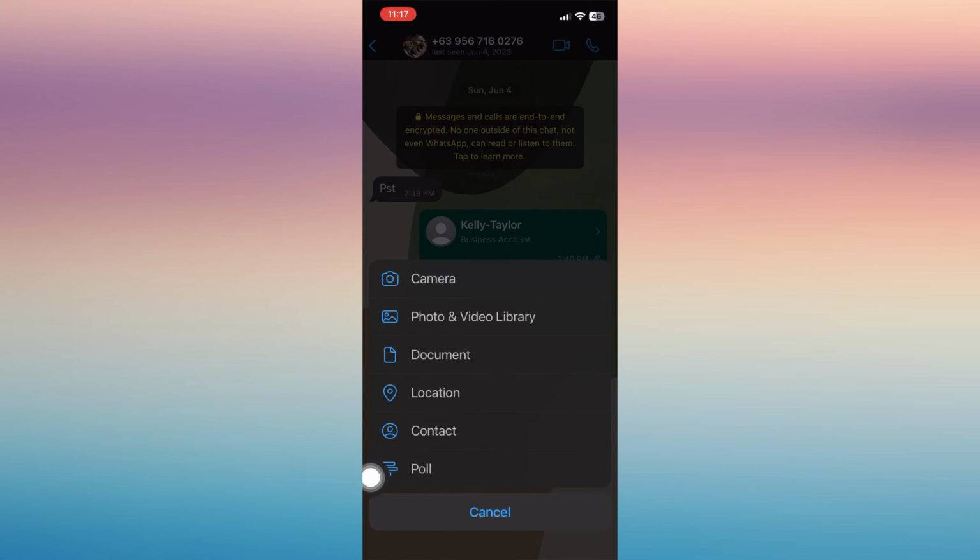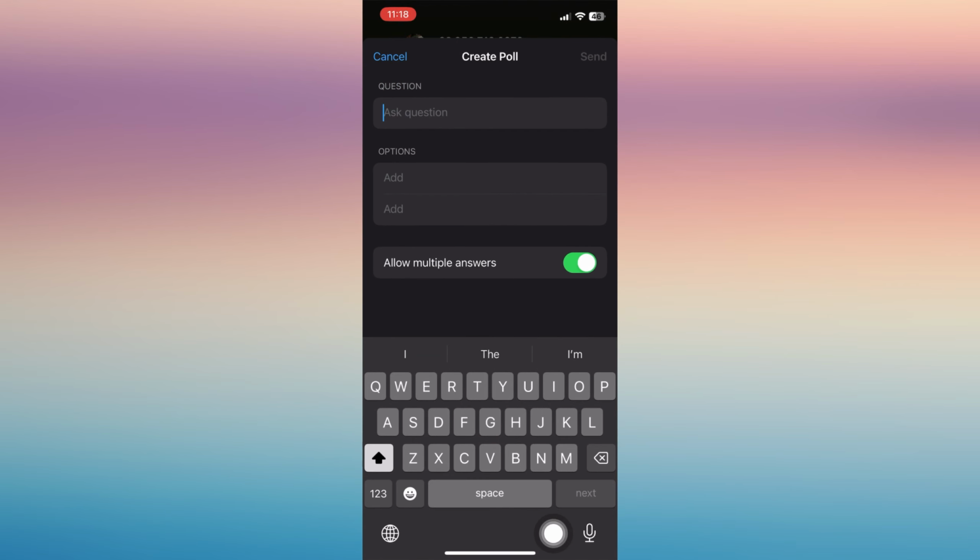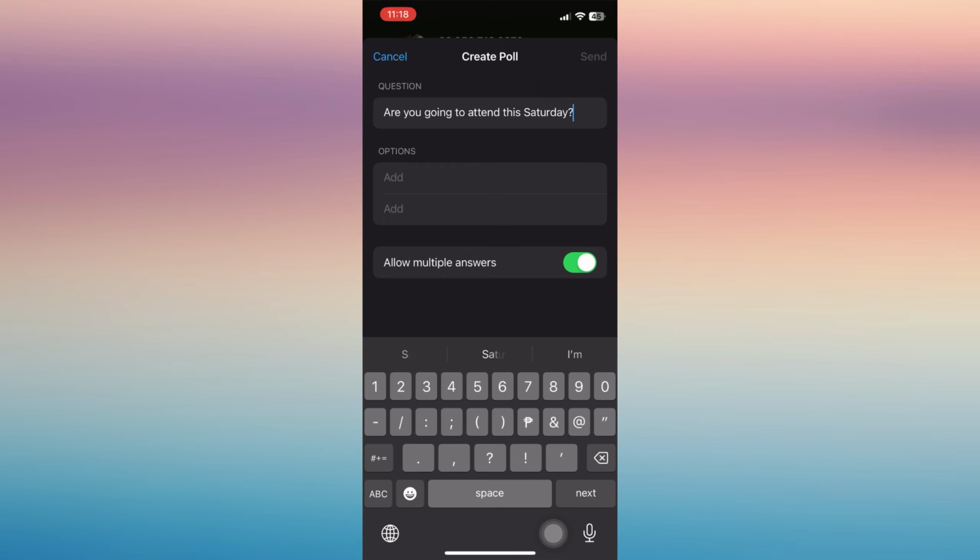plus button on the bottom left corner of your phone and tap poll, which is the last option, and then you can type in the question that you want to ask someone, or most probably in a group chat here in WhatsApp. And then once you have written your question in the box, you can now add